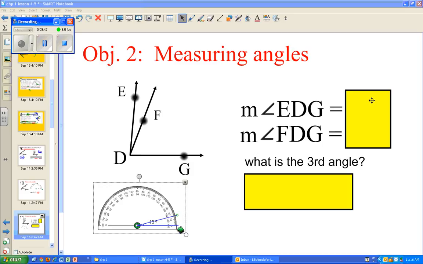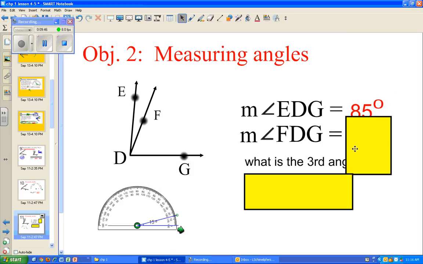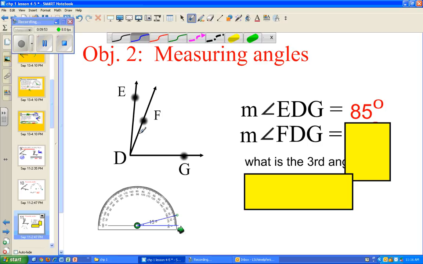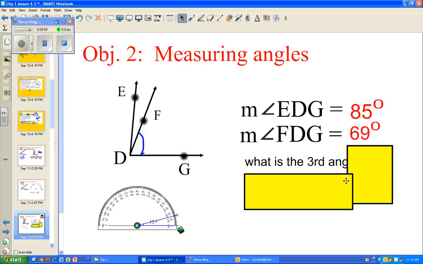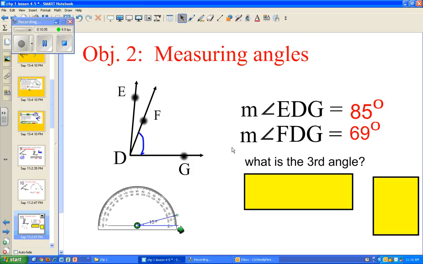Okay, check your answers. The measurement of EDG, which is the larger angle, is approximately 85 degrees. FDG, which is the medium-sized angle, and I'll put an arc in there to represent it with the blue marker, is approximately 69 degrees. To find the third angle, you could either subtract them using the same idea that we did the other day with the segments, or you could go ahead and try and measure that smaller angle,